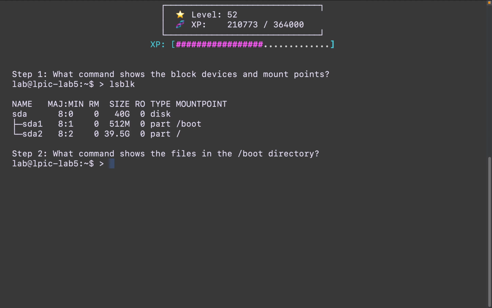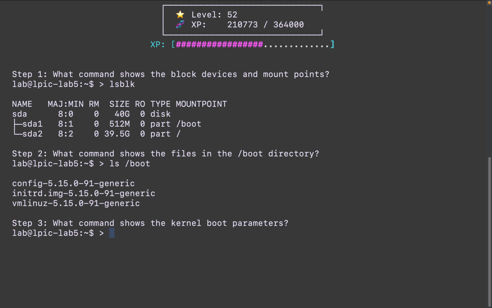Next, I'm going to confirm what's actually in boot. Generally, we're probably going to have the kernel, initramfs, and a configuration file. So let's do the following command to see that. And so what you see here is that our typical artifacts include vmlinuz for the kernel, initrd or initramfs image for our initial RAM disk, and a config file with the kernel's build time